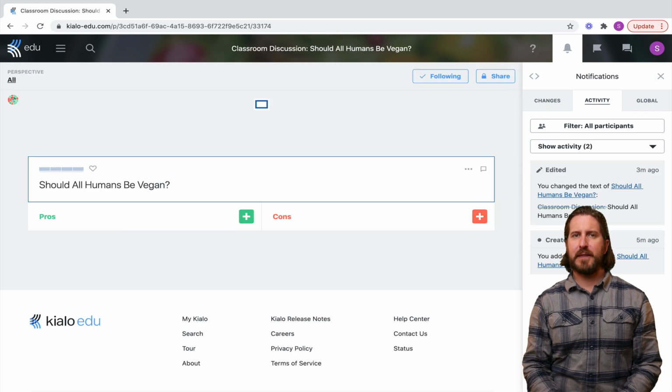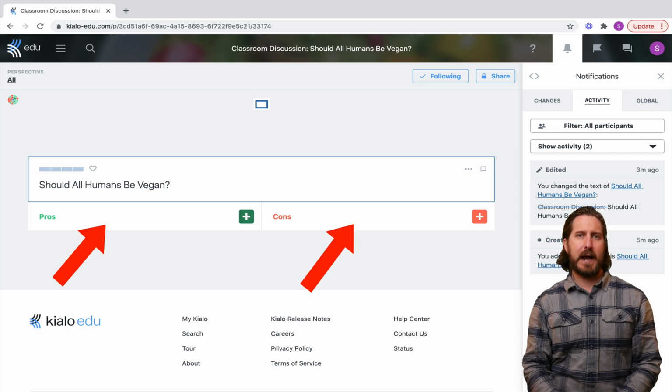At this point, you could either just jump in and have students start writing pro and con claims, or you could provide them with some additional scaffolding and structure the debate more on your end by pre-writing main pros and main cons that you want them to use during the debate. Coming up with these main pro and con claims might also be a pre-activity that you do prior to jumping in and having the actual debate online. I'll go ahead and pre-write 3 main pro claims and 3 main con claims here.